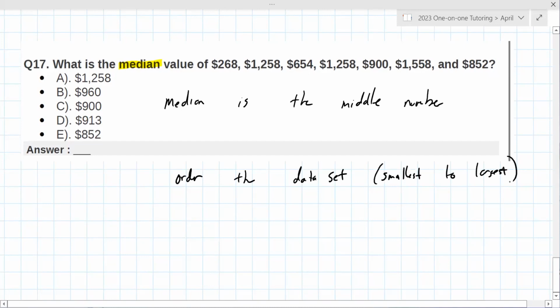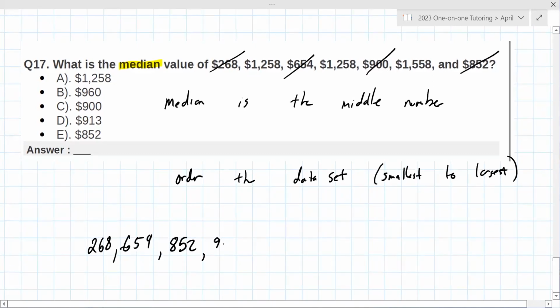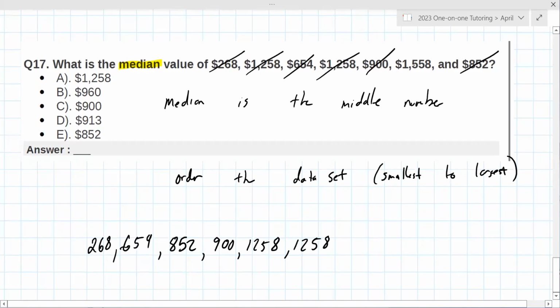What I recommend doing is when you grab a value like 268, the smallest value, you cross it out. Then you look for the next smallest value, which looks like 654. Cross them out as you go so you don't double use them. Then 852, then 900, then 1,258. Notice that appears twice, so you're going to write it twice. And then the last number is